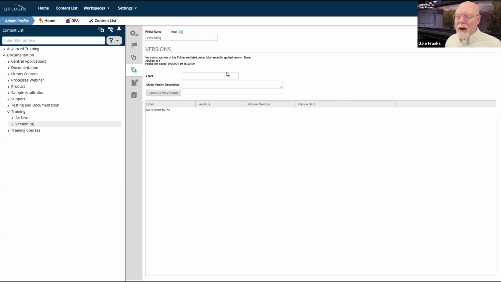So I've imported this onto the server, and now that I've imported it, I need to put a label on it. We're going to call this version the initial import. First import from dev for new app.